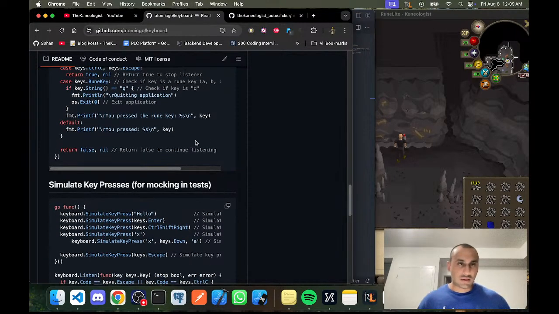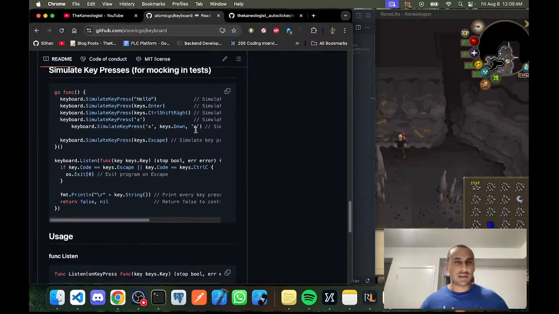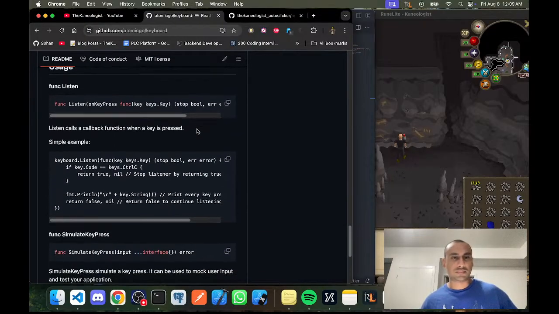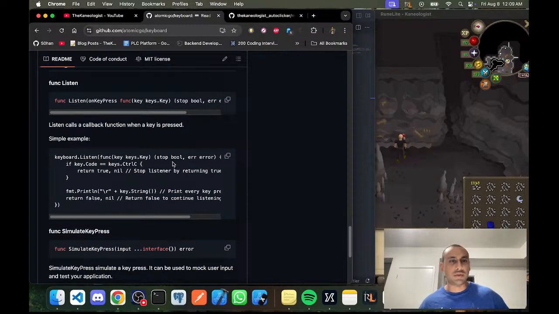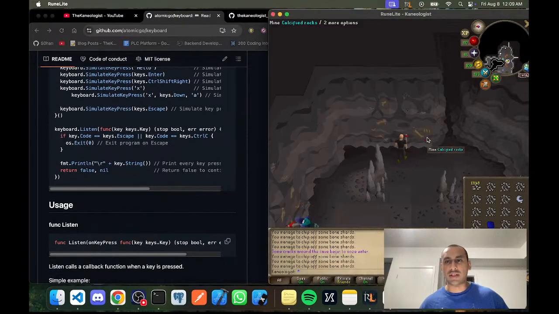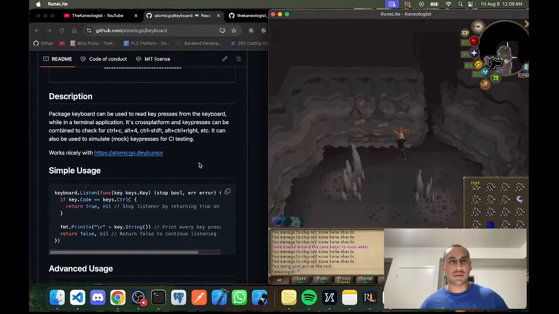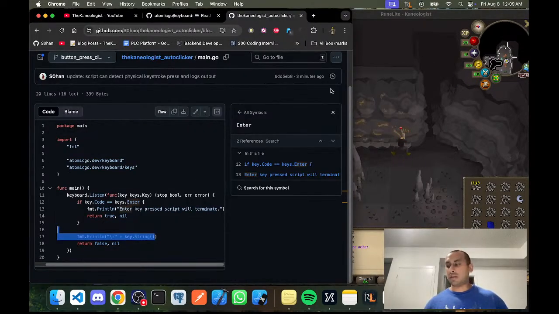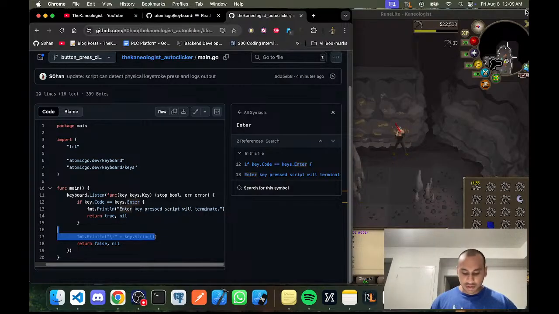I don't know how advanced I need to go. It doesn't look like I need to go that far, but right now I'm using the basic and it's working the way I need it to for what I'm trying to do. The next thing is Robot Go. I need to get that simulated left mouse click, and then if we go back to the share screen,